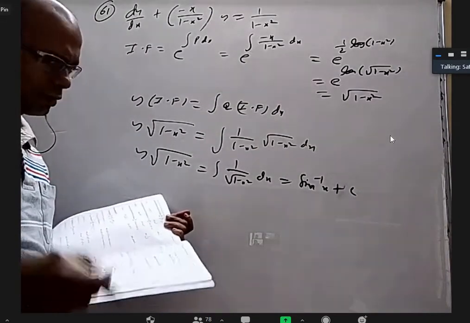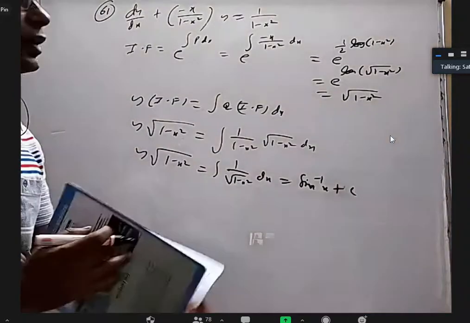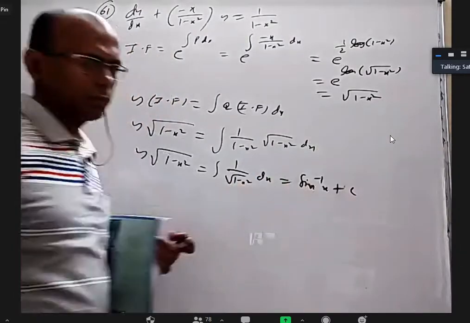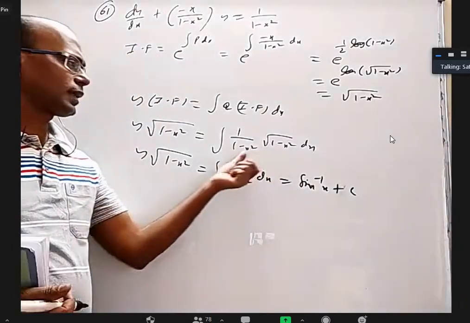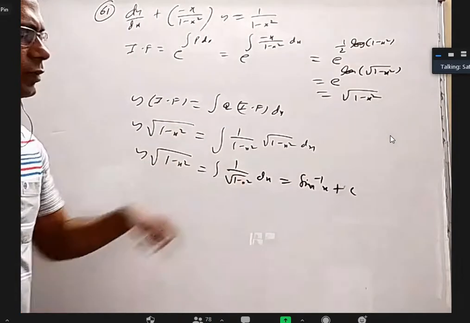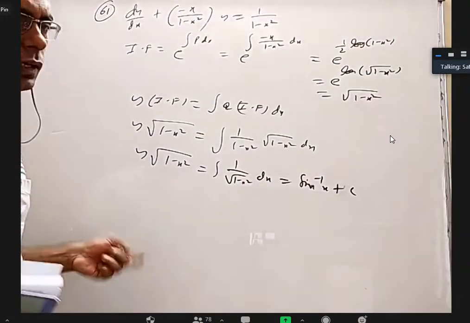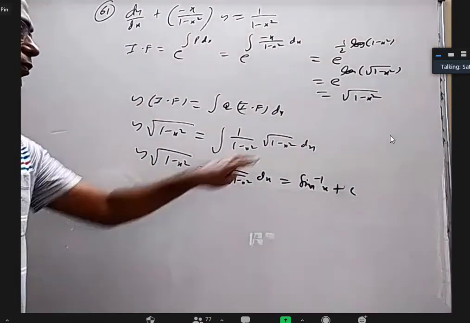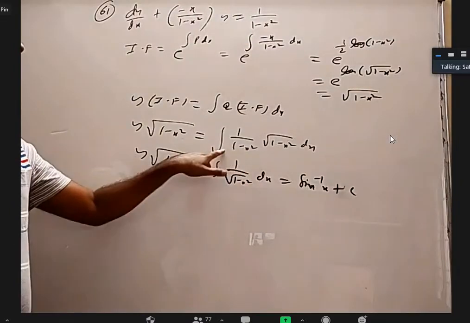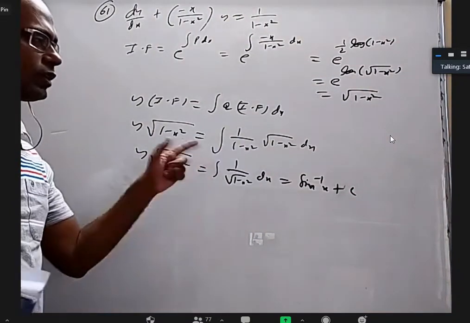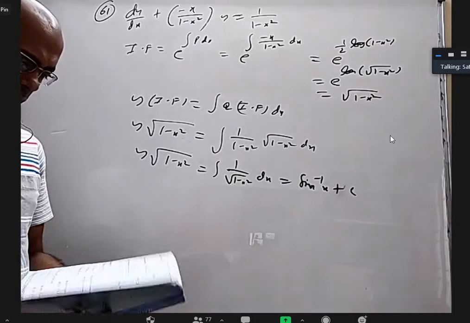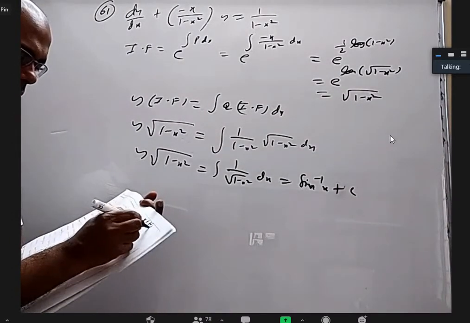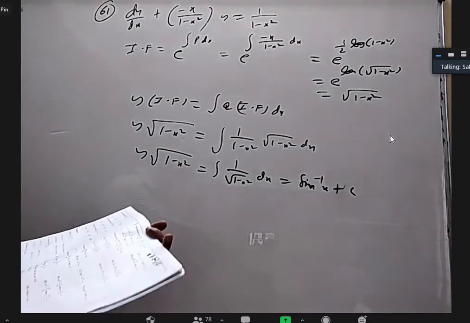Actually, I think it's okay here, but actually there should be two answers. Why? Actually, we have to put a mod here. Here also mod, within this also mod. Now when there's a mod here, you can't cancel out. You have to take one time, x is between minus 1 to 1, this is correct. When x is more than 1 or less than minus 1, it will become root x square minus 1. You have to take minus common and write and integrate that. So this is only correct for x between minus 1 to 1. Maybe in the question they can give x belongs to open interval minus 1 to 1. If it is more than 1 or less than minus 1, the answer will be slightly different.